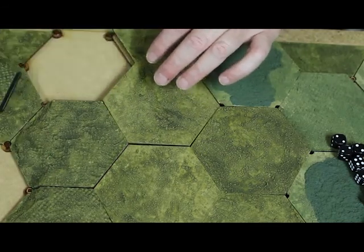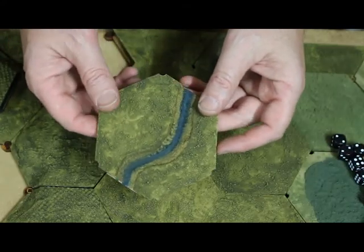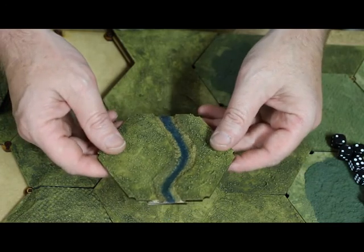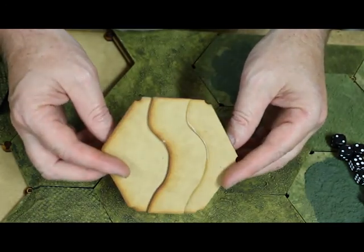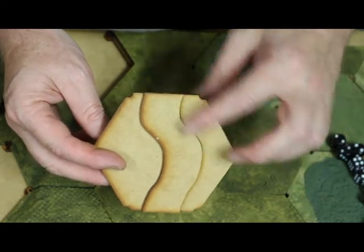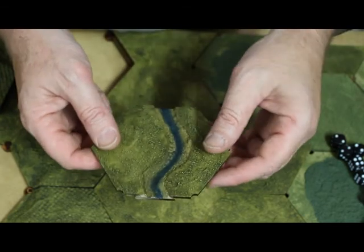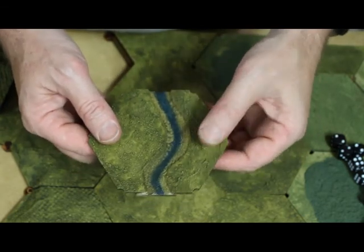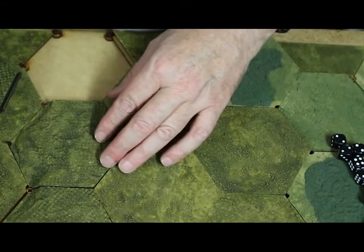The other specialist piece we've made is this, because the idea is that we want some ability to have some depression. So if you look at this on its side, you can see that it's actually 2 layers of MDF. So there's the top hex with this river section cut out, and I've made the supporting piece overlap. Right, and you basically use some alignment pegs to line those up, and that then can sit in your board,